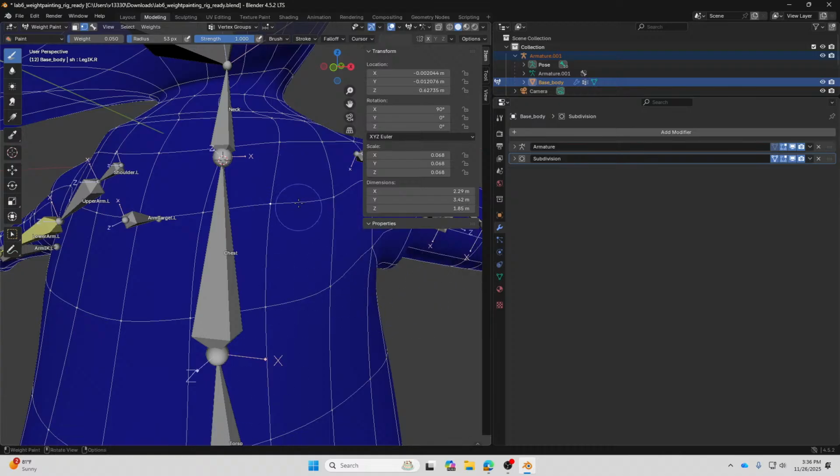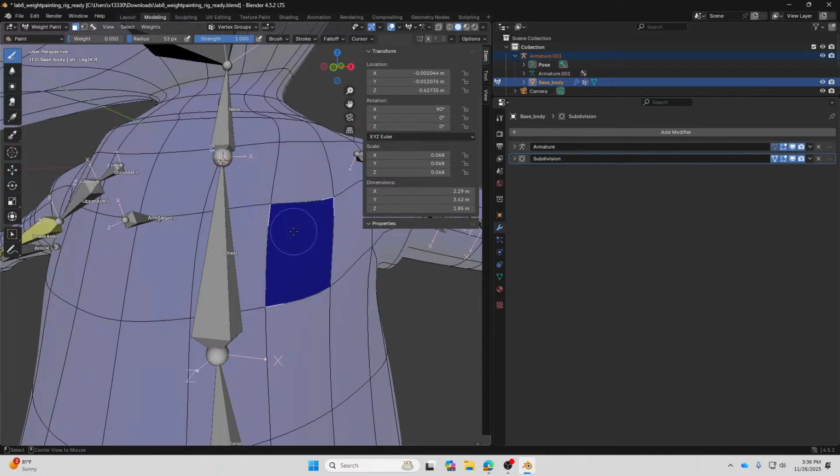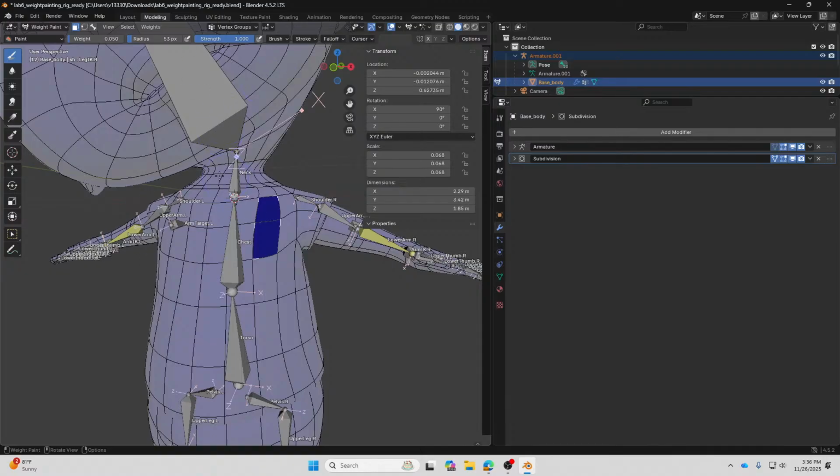You can select the vertices by holding Alt, and you can also use face selection. With face selection over here, you mask out all of the other faces. So if you add weight over here, it only affects the selection, and it doesn't go through to the other side.